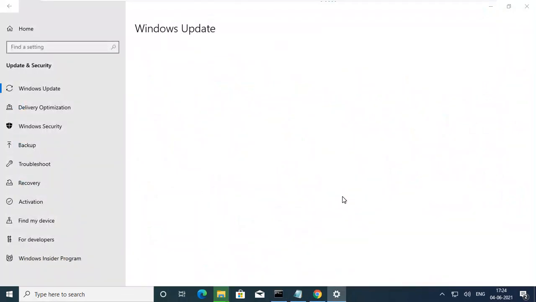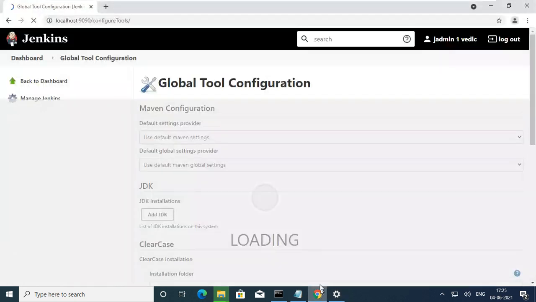It happens, so don't worry. These things will happen. Yeah, it is loading here.